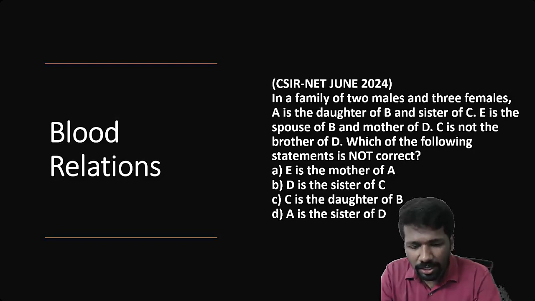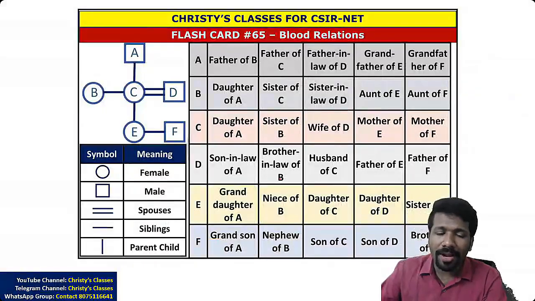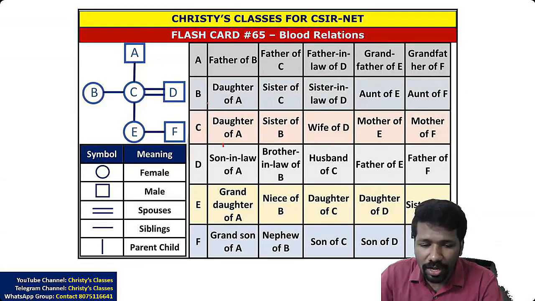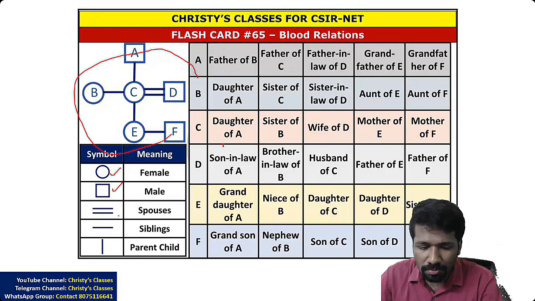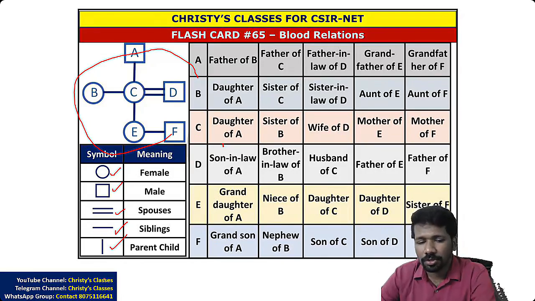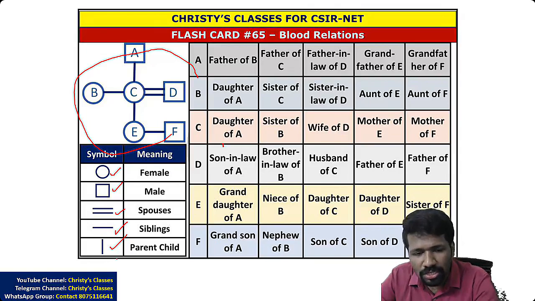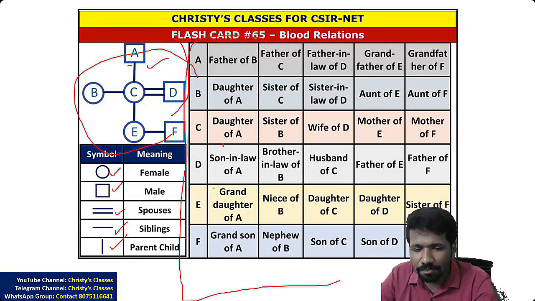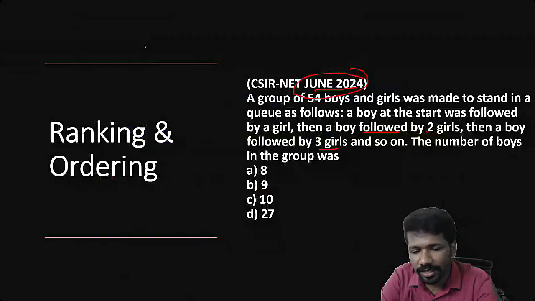सो ब्लड रिलेशन का एक एग्जांपल दिया है. इसमें आपको ब्लड रिलेशन ट्री कैसा ड्रॉ करना है, यू हैव टू अंडरस्टैंड द रूल्स. फीमेल मेल को 2 सिंबल्स, स्पाउसेस सिबलिंग्स को 2 सिंबल्स, पेरेंट चाइल्ड रिलेशन को 1 सिंबल. ये रूल्स अकॉर्डिंग कैसा ब्लड रिलेशन ट्री को ड्रॉ करना है, उसका एक एग्जांपल यहां दिया है. ये टेबल इज द इंटरप्रिटेशन ऑफ दिस डायग्राम. इन द चैप्टर वी विल डिस्कस दैट इन डिटेल.